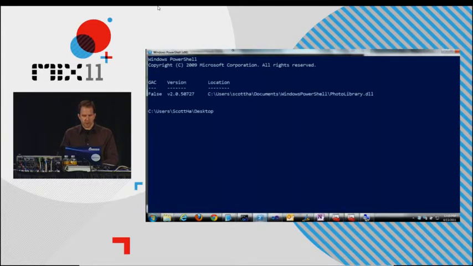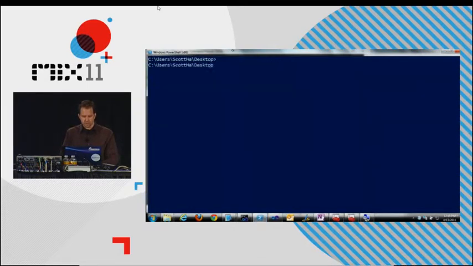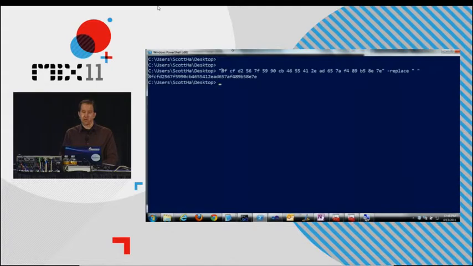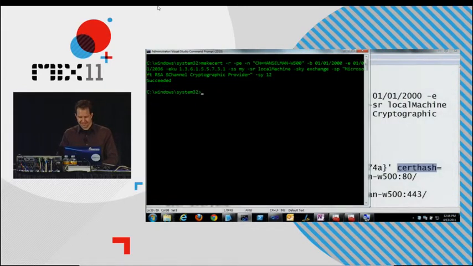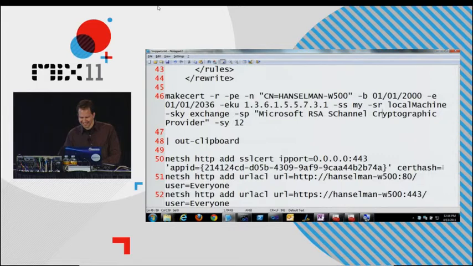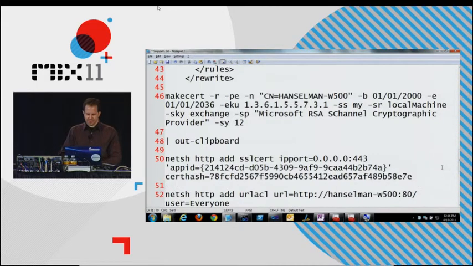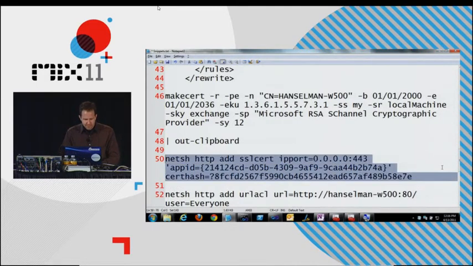So of course I will run PowerShell for no reason at all. I will then paste it in. Then I will say -replace, but that would be lame. So then I will pipe it to out clipboard, because that's badass. And then I will paste it in here. And I will